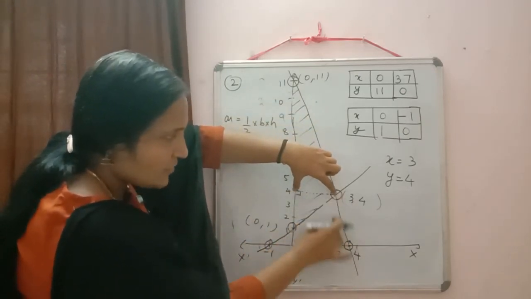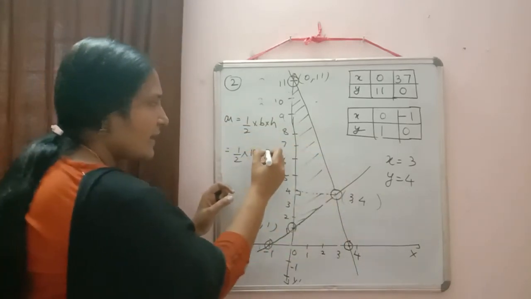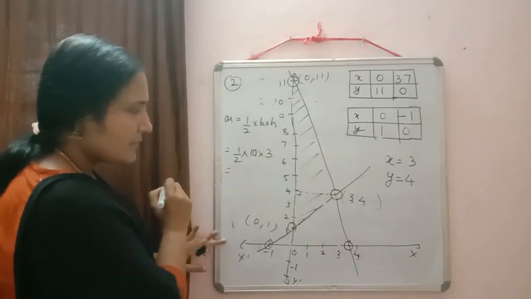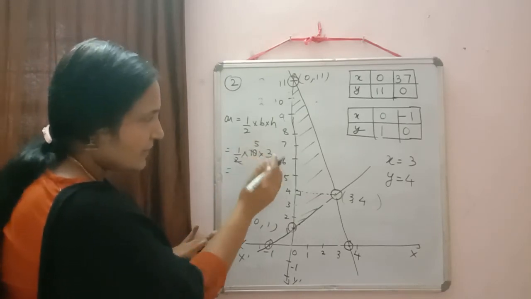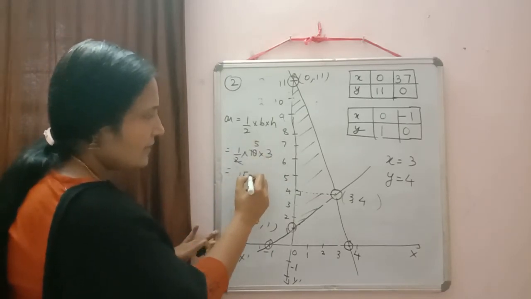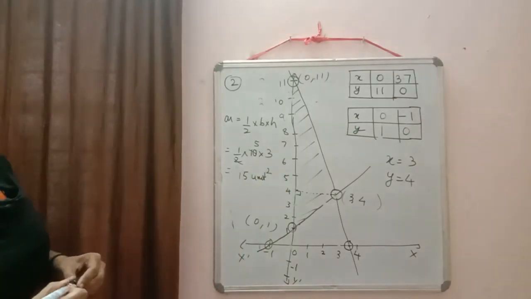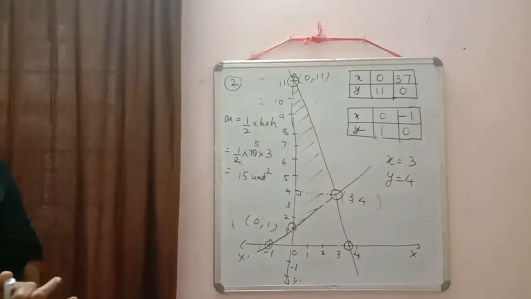We have the x coordinate is equal to 3. So this length is 3. So here we will write it is equal to 3. Then what will come? Yes, here it will be equal to 2 5s are. So 5 3s are 15 unit square or 15 centimeter square. Clear? So moving on to the next question.